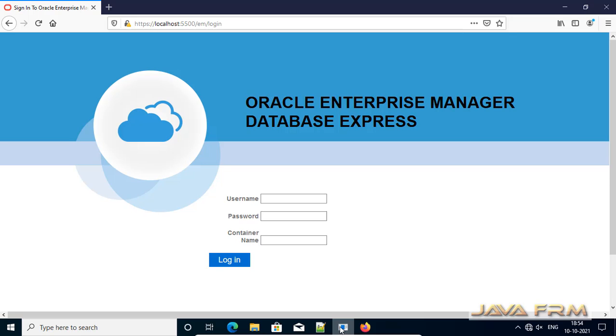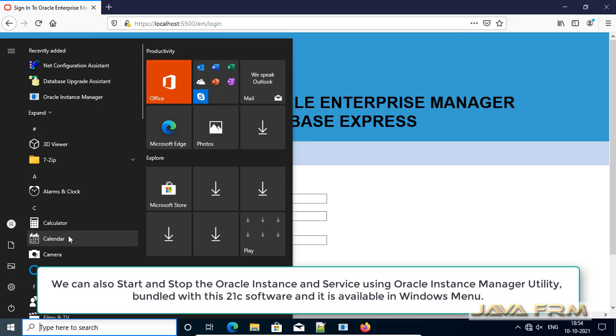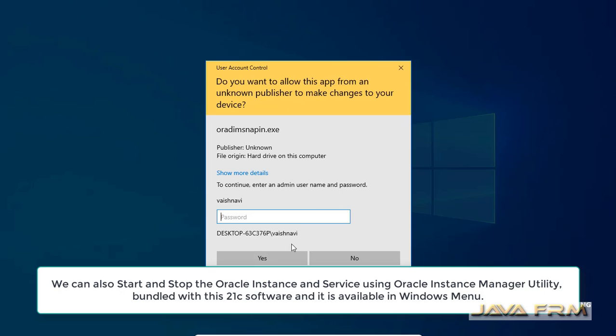Okay, now let me show you how to start and stop the Oracle database using Oracle Instance Manager. You can see Oracle Instance Manager is installed here. Click the Oracle Instance Manager icon.